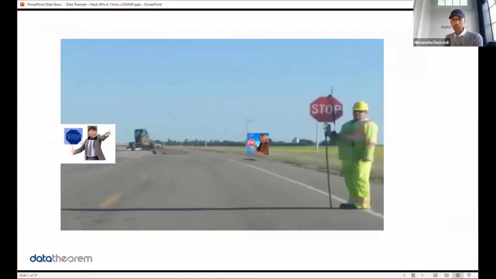But look at this construction worker. This construction worker is on a small highway somewhere, probably in the Midwest here in the United States. And they're doing some construction work. It might be emergency construction work. So what is the difference between me on 101 with a stop sign and this construction worker on a stop sign, right? This is like real-time emergency road work, and this construction worker is obviously stopping cars, right?